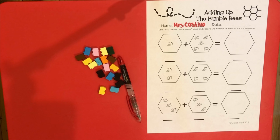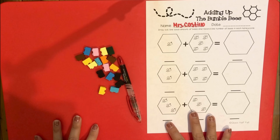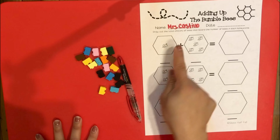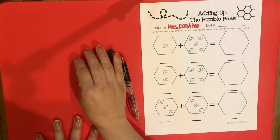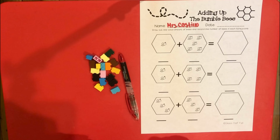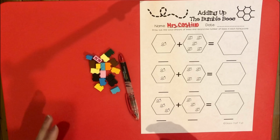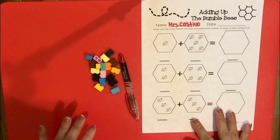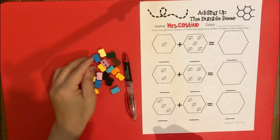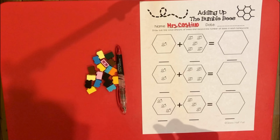All right, let's get started. We are going to do our additions 3 different ways. We're going to do one by just counting the bees in our paper. We're going to do another one using our Lego pieces. And we're going to do another one using our fingers, okay? Different ways to do it. Whichever way you feel more comfortable, that's the way you use when you are adding up some numbers, okay? The bigger the number, sometimes the easier it is when you have the manipulatives or something visual you can count